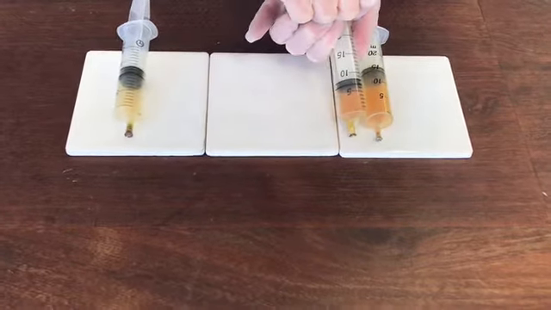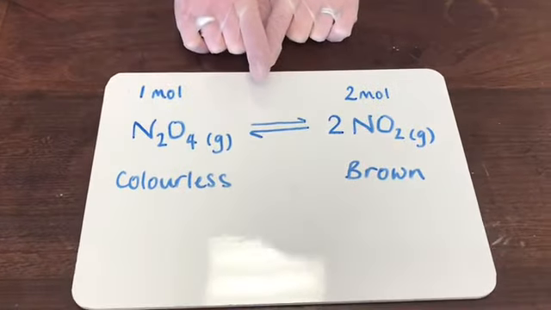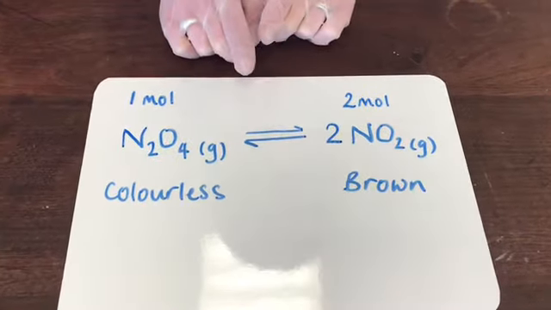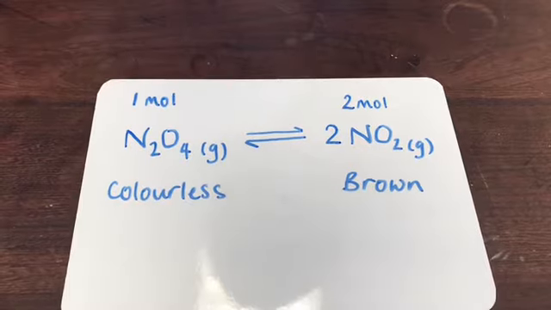Okay, we'll try to see it in reverse this time, where I decrease the pressure. So come back to this one a minute for me. So as we decrease the pressure on this, it should mean that there's more space, which should allow more of this to form. Now this one's harder to see with the syringes, but if I pull the plunger out on the syringe,